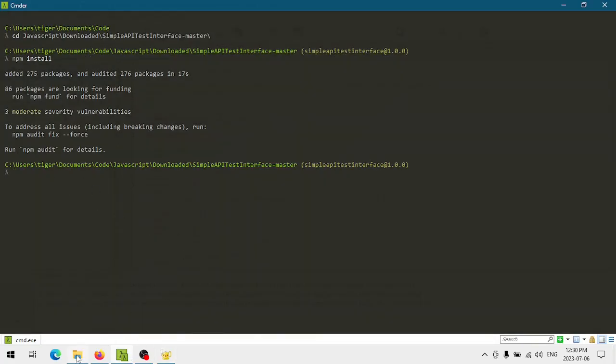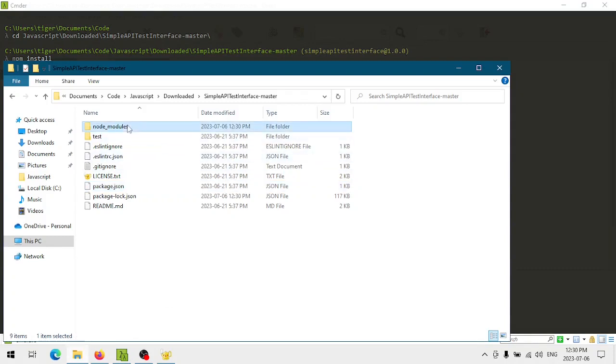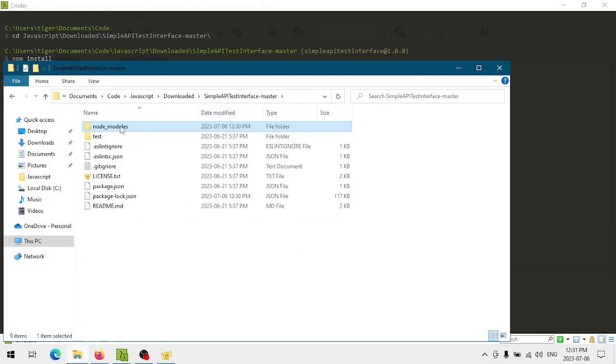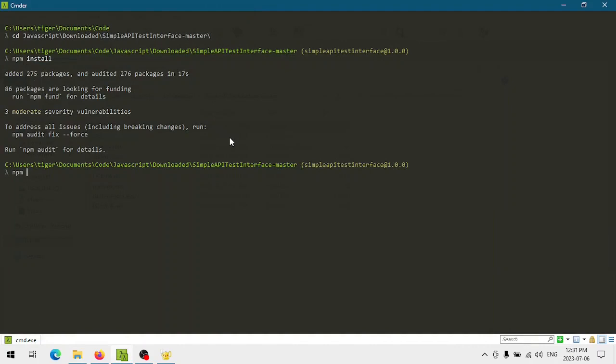It has downloaded, and if you go here, node_modules comes in. That's where all your downloaded files are. It's a local install, so all of the dependencies are installed in that one folder and are not accessible outside the project, so your project is safe. So let's run npm run test,